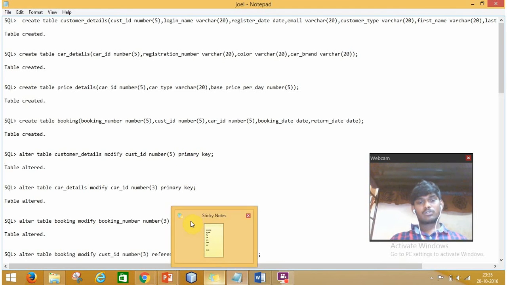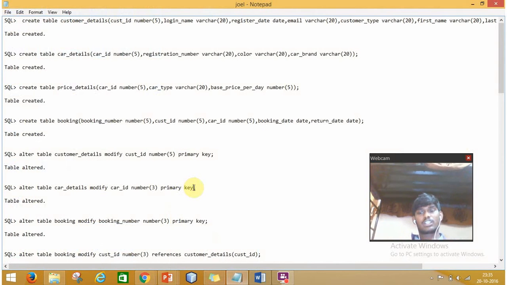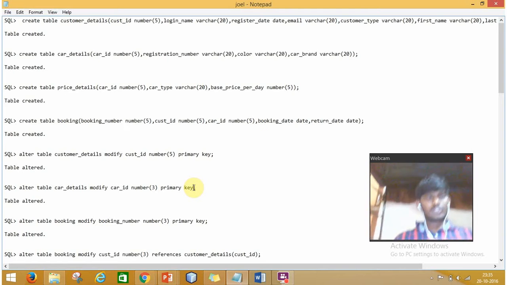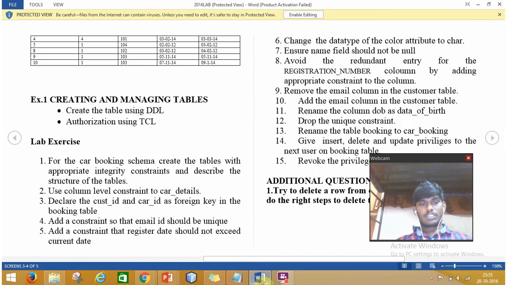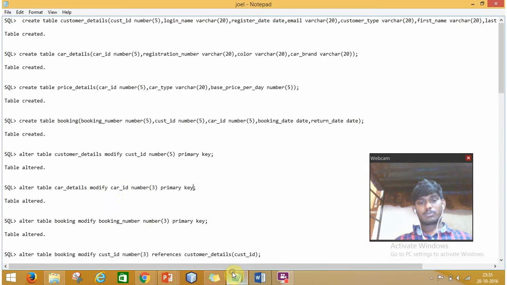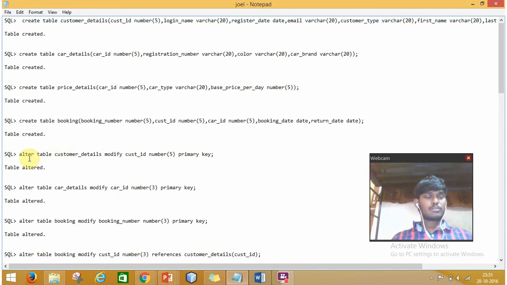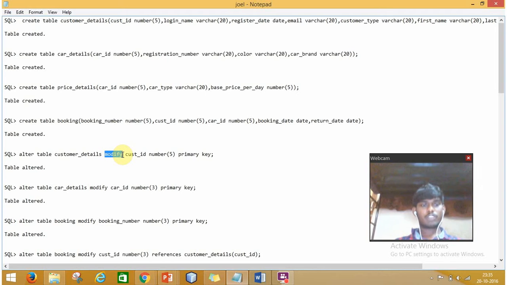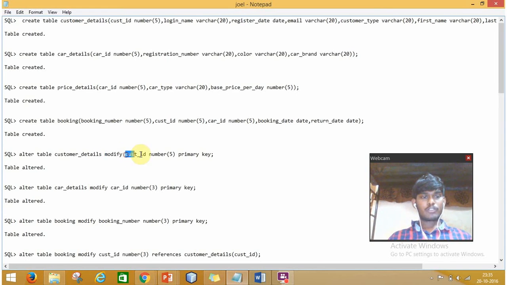Now I want to initialize with what they asked, and they asked for constraints. So here I want to put the constraints. So I'm altering the table. Alter table is a keyword which is used to alter the table when you want to change the table. Modify is what we use if you want to modify, we need to keep the keyword modify. So I want to modify the